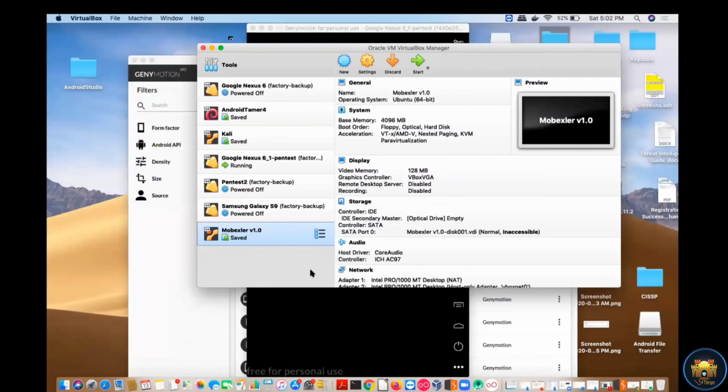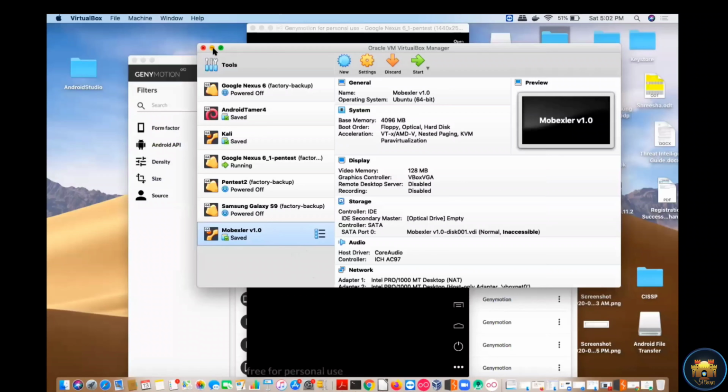So from the same virtual machine, you can test either your Android application or iOS application. In this virtual VM, all the tools are already installed, and if you want to install any other tools, there is a facility to install them inside this MobileXer VM. We will be talking about this MobileXer VM as well in our coming episodes.